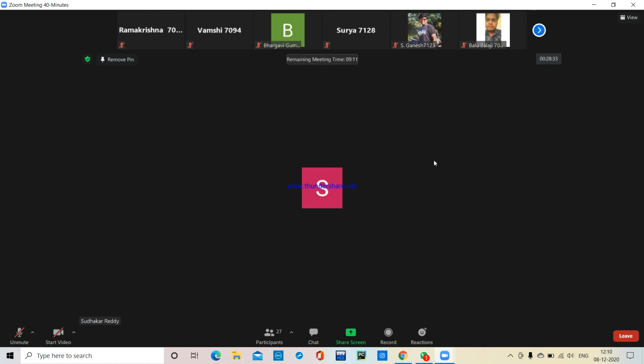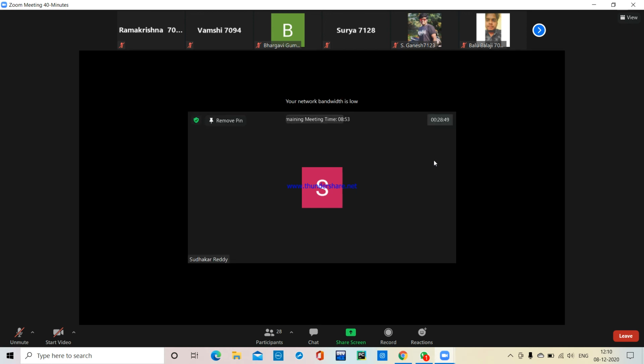From the rear end we can perform insertion and deletion, and from the front end we can perform deletion and insertion. So both operations we can perform. That is called a DQ. DQ has both ends, and from both ends we can perform insertion and deletion.